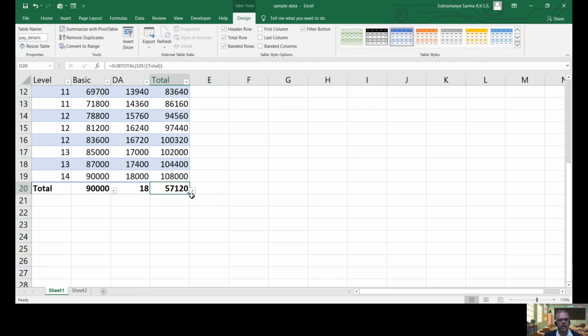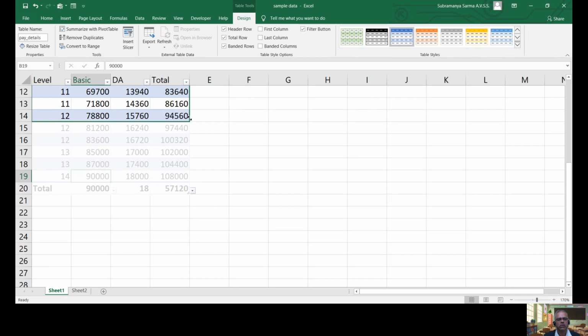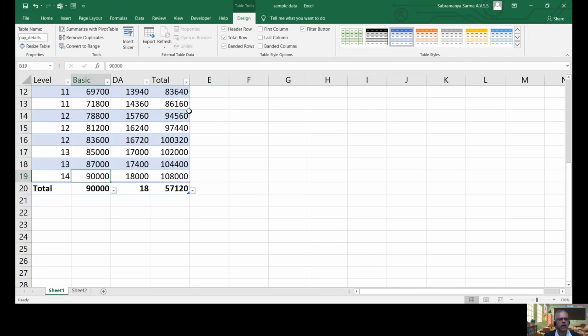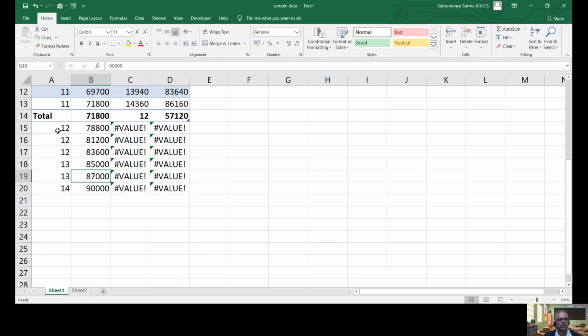One more advantage here is, I said the total row is the last row of the table. Now let us see what happens when I shrink this table up to row 11. Now I am shrinking this table. When I shrank my table, the total row was inserted at row 14 because up to row 13 only my table is there, and the totals were calculated up to that.